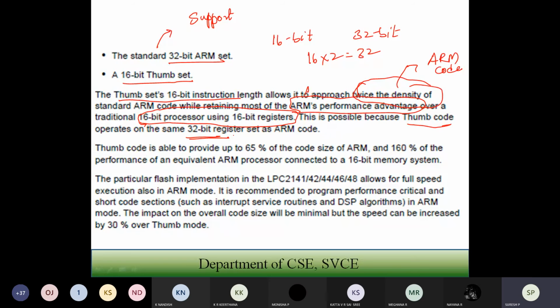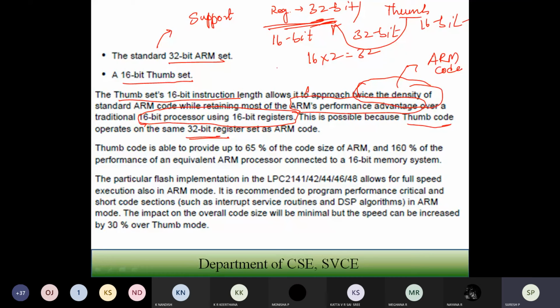So you have the registers in ARM, which are 32-bit. If you are running Thumb, it makes use of only 16-bit instructions, but it makes use of the same 32-bit register set which is available here. Okay, so that is how it will be connected.